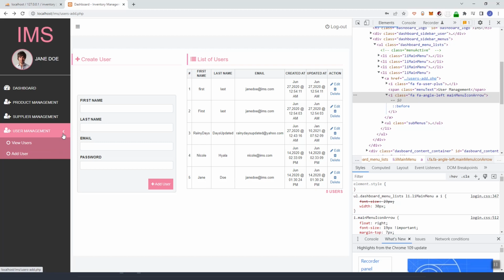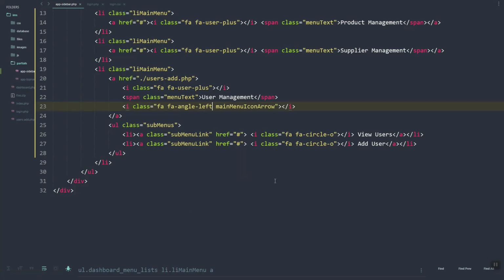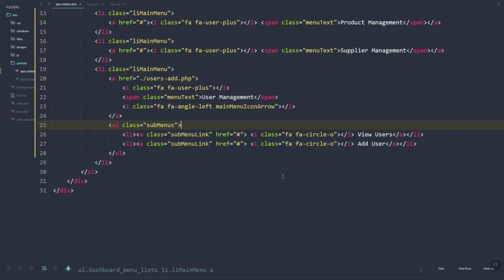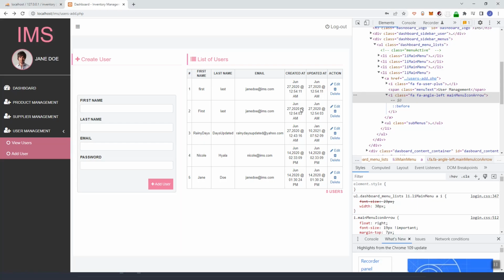Then once we click on that one, it will show this sub menu, and then we'll make the icon to be arrow down. So right now it's looking good. Let's just